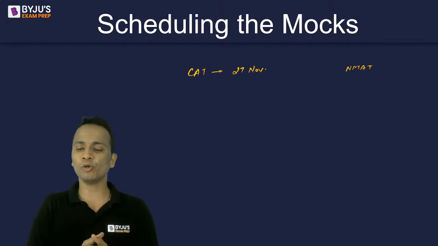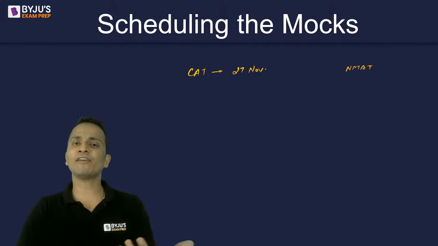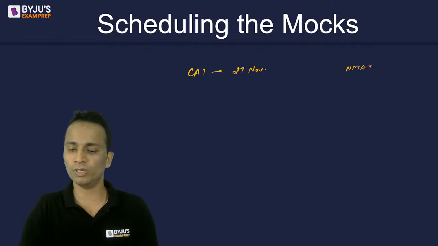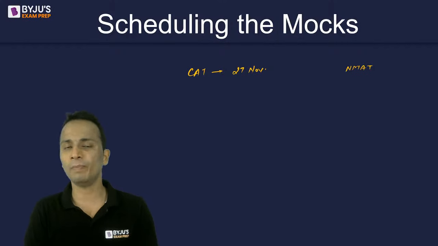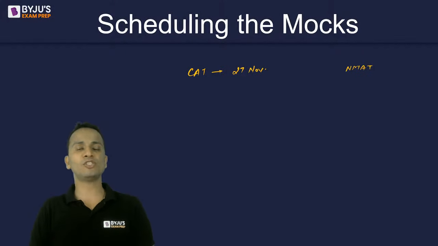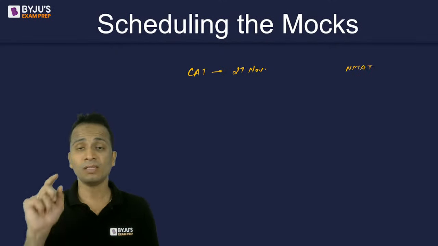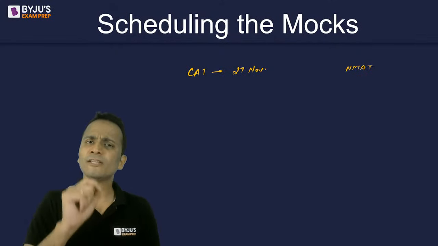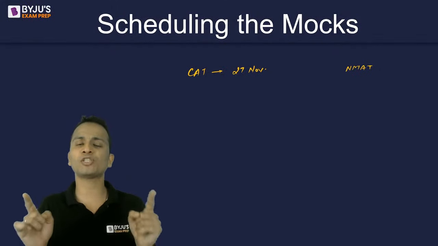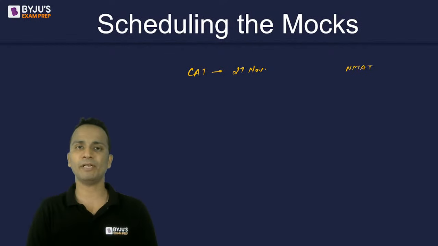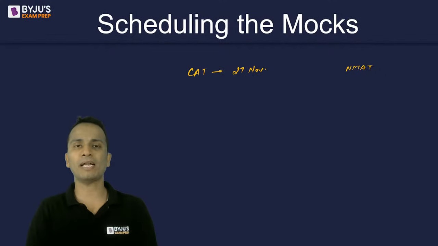So it's totally up to you when you want to schedule your NMAT examination, starting from the window which will start in the month of October. October, November, and December are the 3 months in which the NMAT examination will be conducted. What I would advise my students is to take their first attempt of NMAT in the first week of November, giving good enough space between the NMAT and CAT examinations. Somewhere around 2nd or 3rd November, you can schedule your NMAT examination.